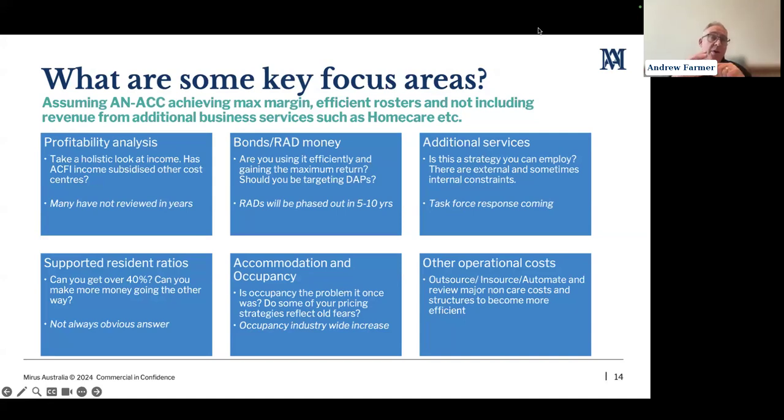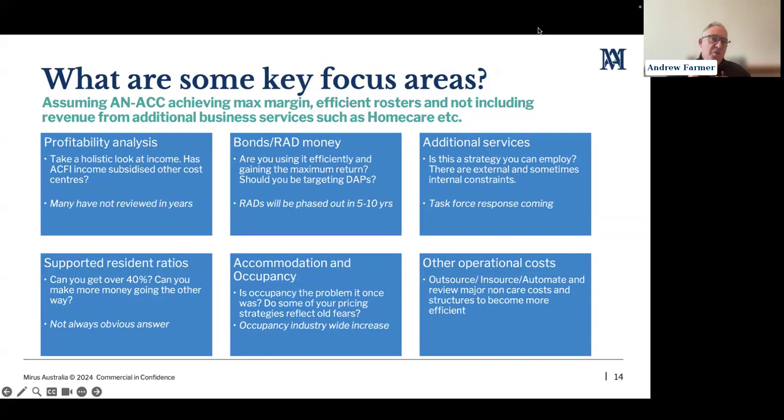Accommodation and occupancy, we find a lot of organisations have fixed mindsets about maybe where occupancy was 2 years ago or 4 years ago. We went through a very difficult period where wait lists disappeared and occupancy pressure was high, and that created a lot of mentalities and a lot of behaviours around what you can and can't do with competitiveness and room prices and discounting and all of that. We find there's still an enormous hangover from that, whereas most people we speak to, without many exceptions, have significantly increasing occupancy in their properties. So